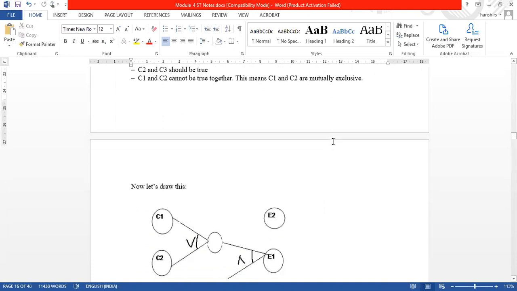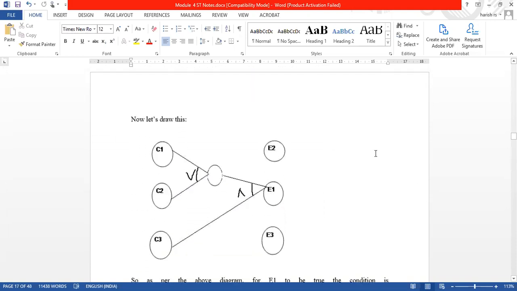Let us see how to draw that. See, this is how we draw. It can be C1 or C2, the intermediate effect. The intermediate effect should be ANDed with C3. Is this correct? So we can see the first one: the first character should be A. So the first character is A, yes, true. Yes, true. And then it is a second digit. Then we can say the file is updated. Or it can be this followed with this one. So we can say that effect 1 is correct.